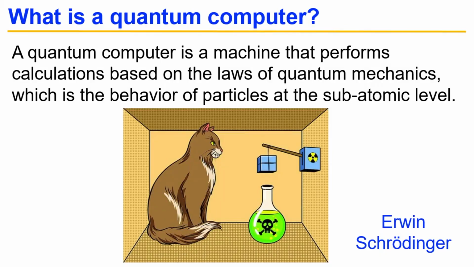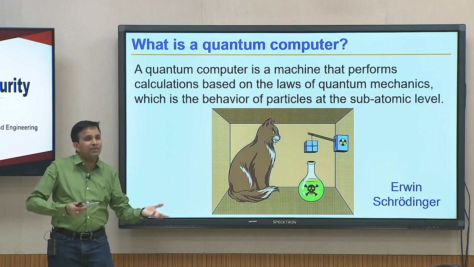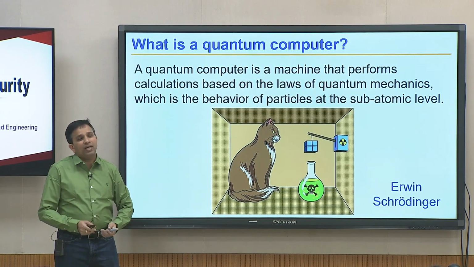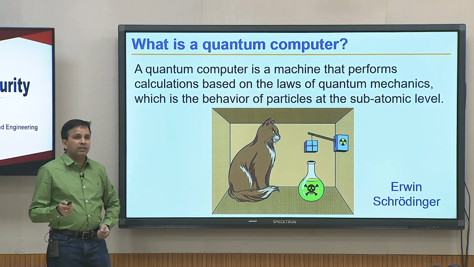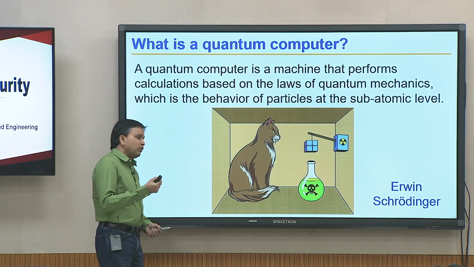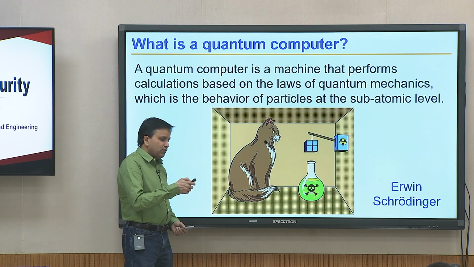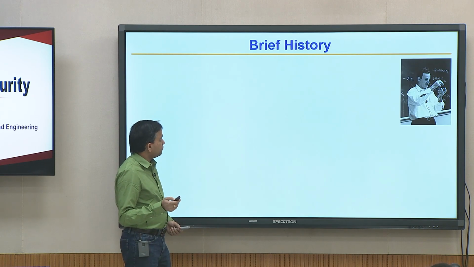And so this basic idea is that when the box is closed and soundproof, the ability to tell whether the cat is alive or dead is not possible. So then it is probably alive and dead at the same time, 0 and 1 at the same time. That is the analogy of a qubit: a particular computing node in quantum dynamics that is both 0 and 1 at the same time.